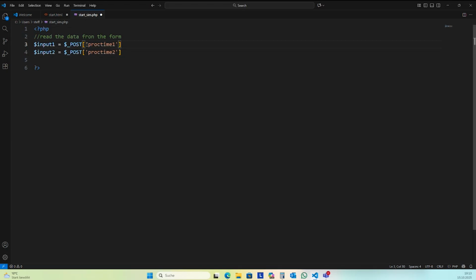The result is a string. I want to create this as an integer, and so I need to cast here to change the data into an integer. And the semicolon at the end. Okay, and then I can start a basic HTML file.